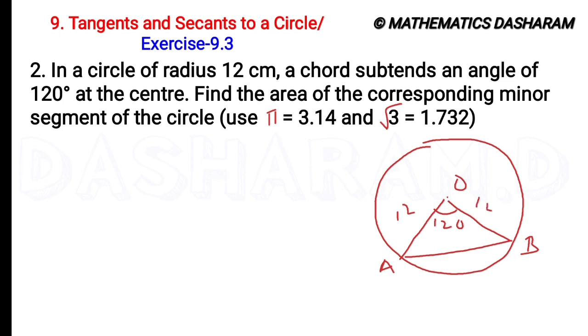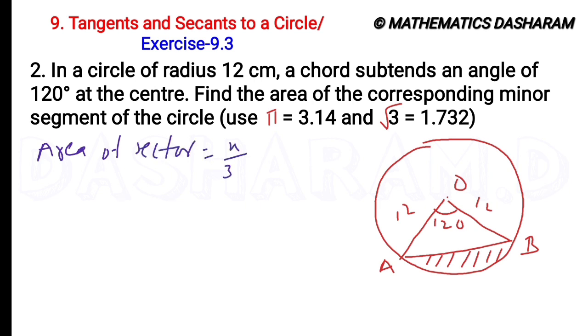So now he is asking to find the area of the corresponding minor segment. Here the shaded portion is called a minor segment. To find this minor segment, first we need to find the area of the sector. The area of a sector formula is